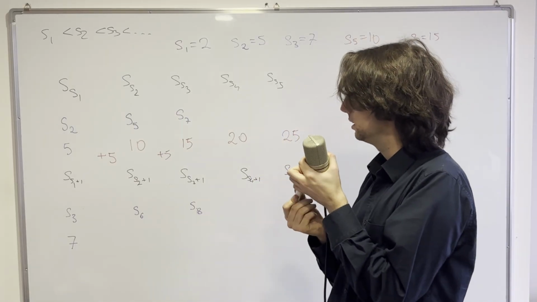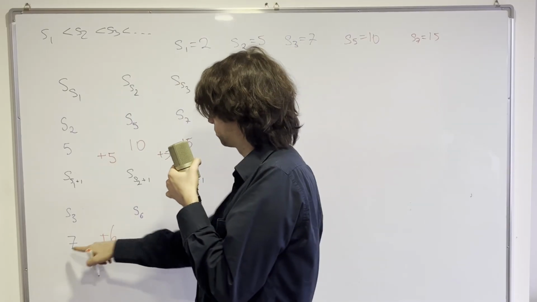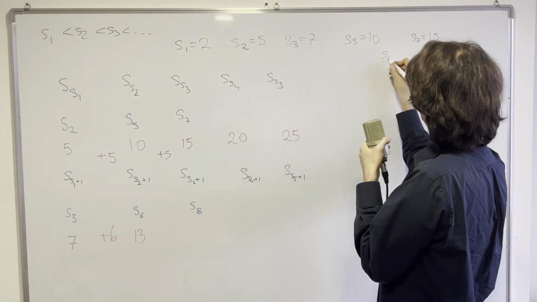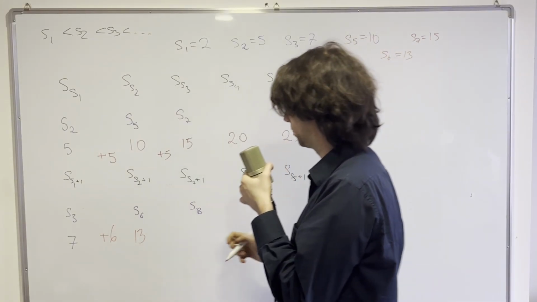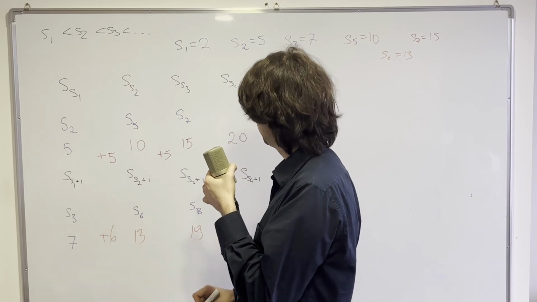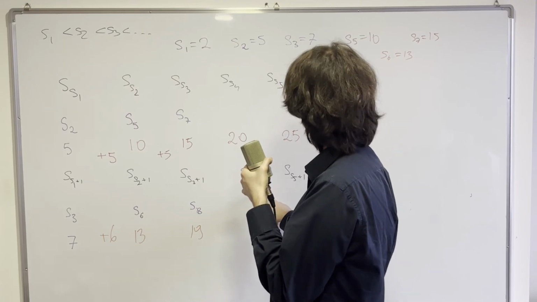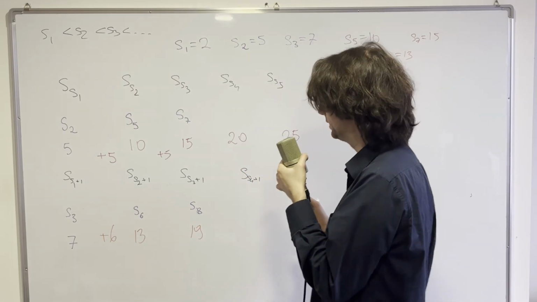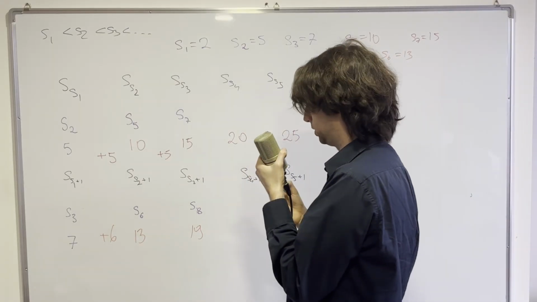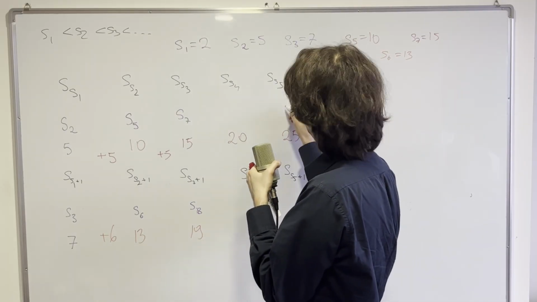So, let's say the difference here is 6. And then S6 is equal to 7 plus 6, which is 13. Let's say S6 is equal to 13. Okay, so then we have S8 is going to be equal to 19. So far, so good. And then S4 plus 1, we don't know what that is. But we know S5 plus 5 is equal to S10. I already have that from before. So S10